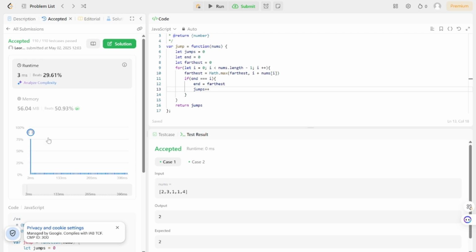As you can see, this is the faster solution. The time complexity is O(n), so we're looping through the array only once. So the worst case scenario is O(n), and our space complexity is O(1),